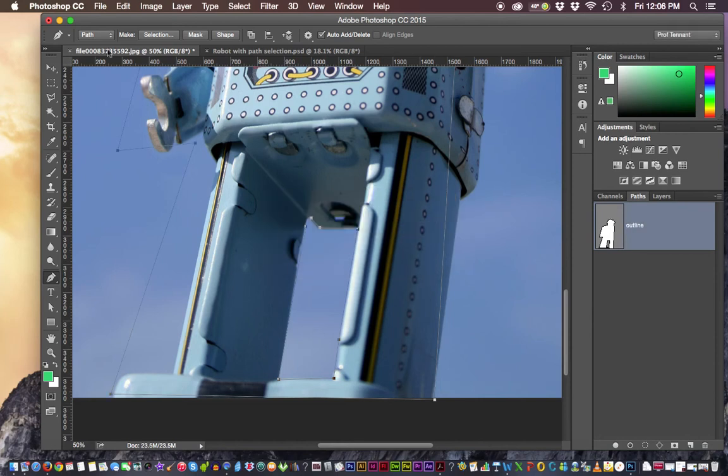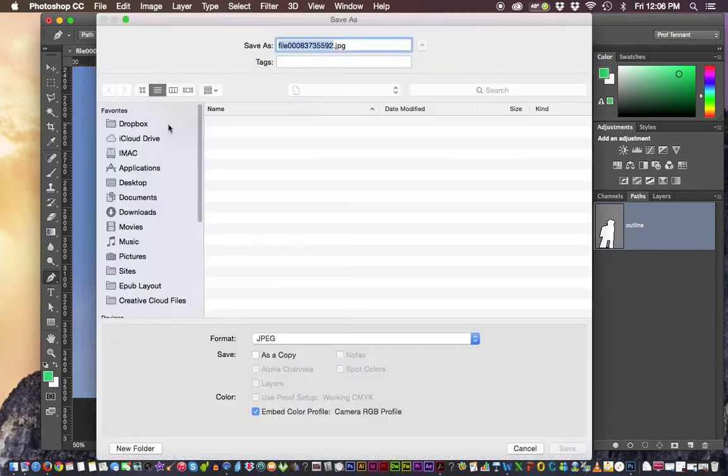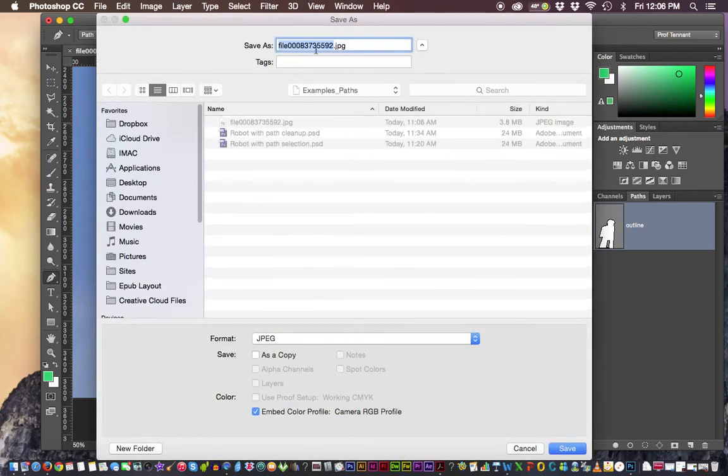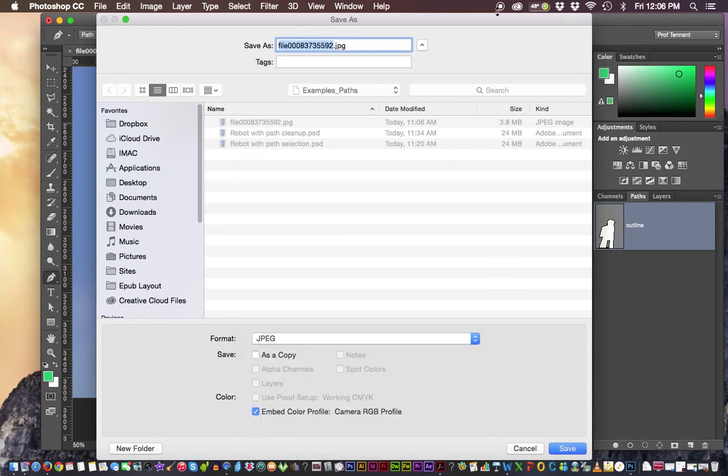Click OK. Save your work: you'll save as, and the main point of this is you'll rename your file, robot or whatever it is, outline, product, and save it as a Photoshop native format file. That's it. We'll see